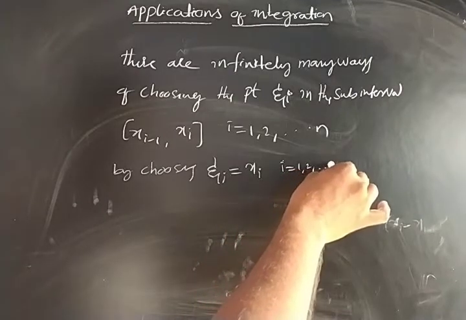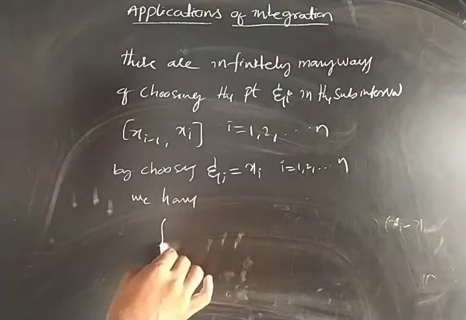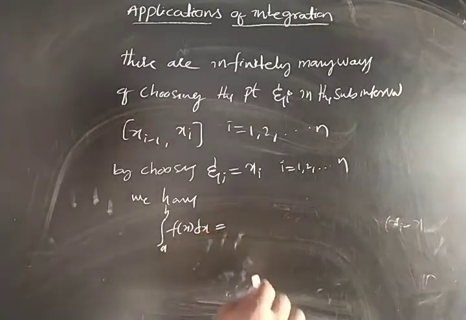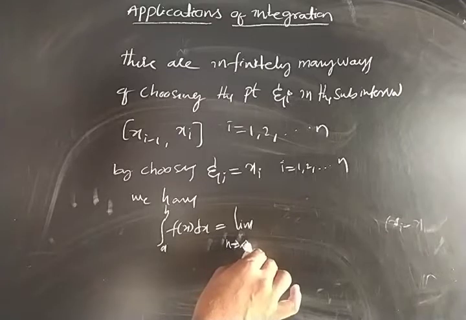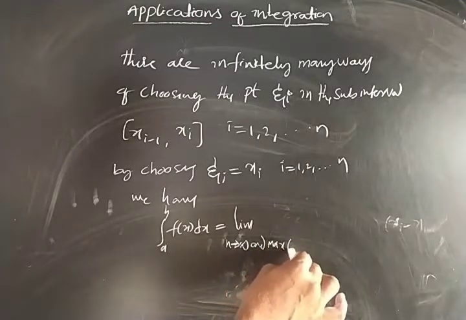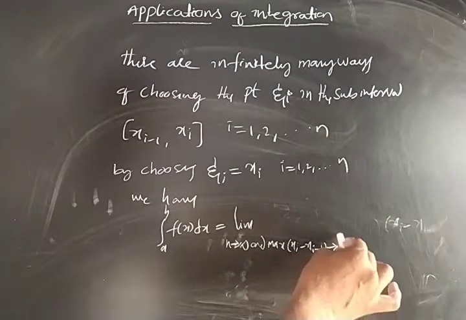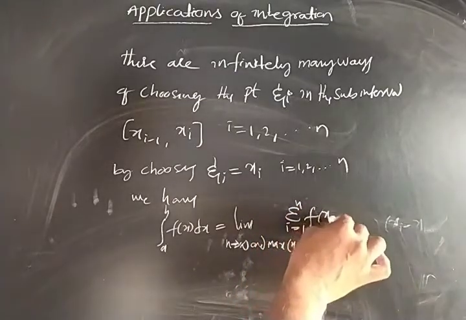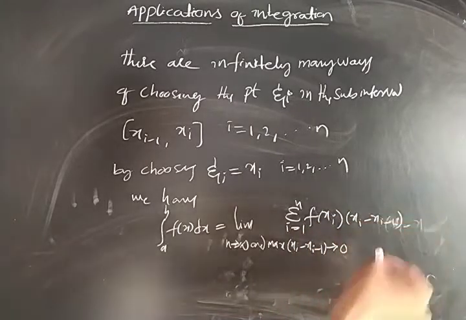Again we have the integral from a to b of f of x dx, equal to the limit as n tends to infinity, where the maximum value of x i minus x i minus 1 tends to 0, of the summation i equal to 1 to n of f of x i into x i minus x i minus 1,